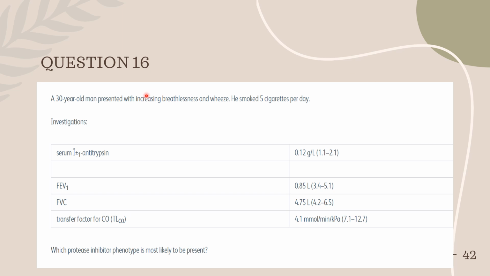And usually they ask about the management of von Willebrand. Suppose they are coming for procedures like dental extraction and all, you have to give them desmopressin. That is one of the favorite questions. Desmopressin, what they do is they release the stored von Willebrand factor as well as factor 8. So that is desmopressin. That is the management.